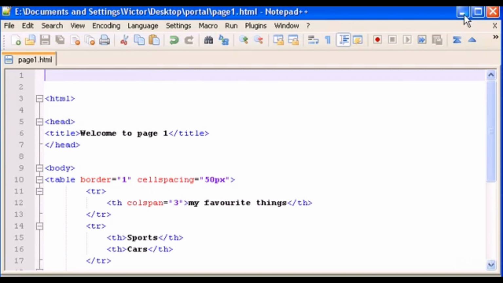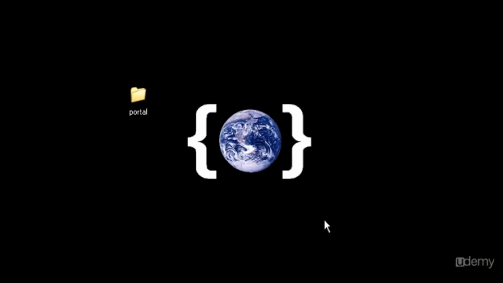Okay, and I think there are 3 or 4 types of doc type declarations, but in general we use this one here, which